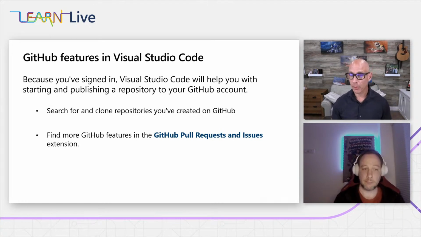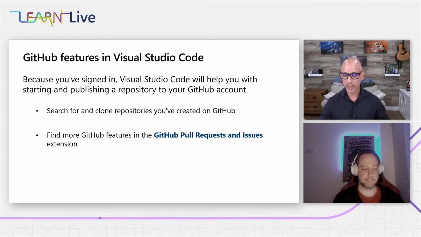You're going to be able to clone your repositories, search for repositories that you created, or even look at things like create pull requests, go access pull requests, check them out locally, look at the issues, even find issues or pull requests assigned to you, which is really fantastic if you work on a large project at your company or an open source, because then you can say, only show me the issues that were assigned to me so I can just work on those as opposed to the entire list. So we're going to look at the built-in features as they come up next here. You want to take it away, Peter?